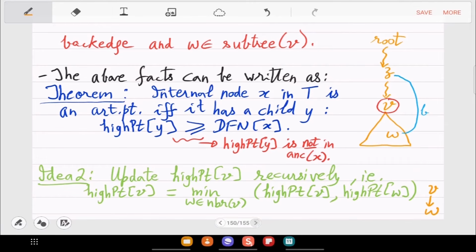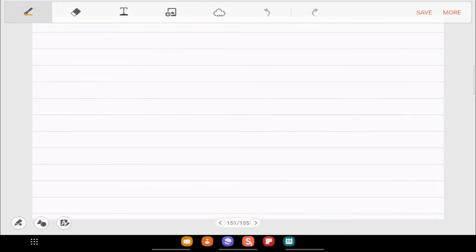And there is one more case. What if this is a back edge? What if this one is a back edge?